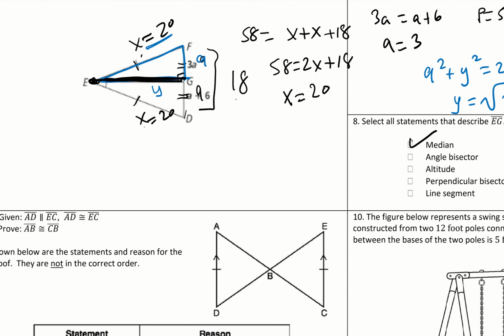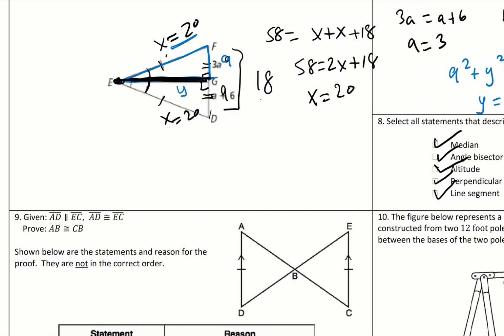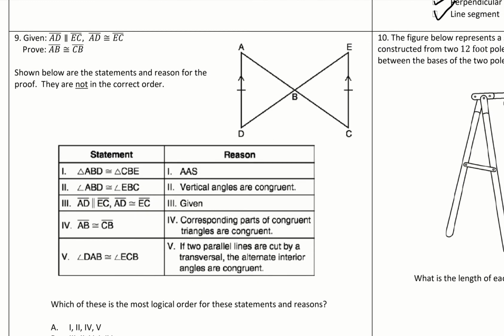It's an angle bisector. Is that true? Well, yeah, because this angle is the same on both sides, due to the isosceles triangle theorem, because this is an isosceles triangle. So yeah, it's an altitude because it cuts the opposite side at a 90-degree angle. It's a perpendicular bisector. We said that earlier, perpendicular bisector theorem. And it is a line segment, technically. So all of those are true. So number 9,